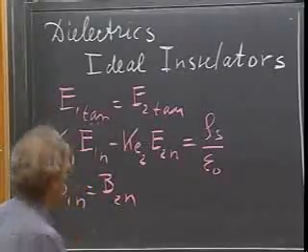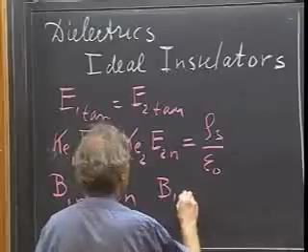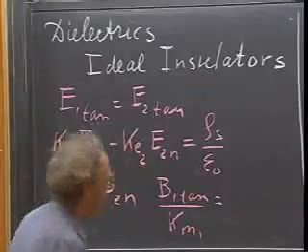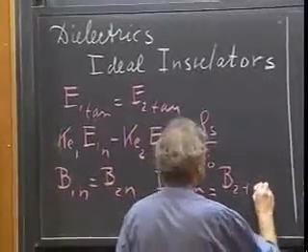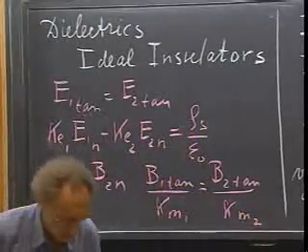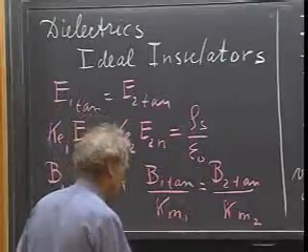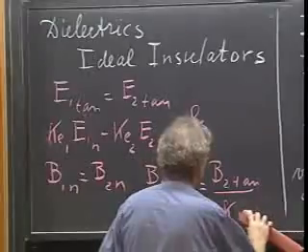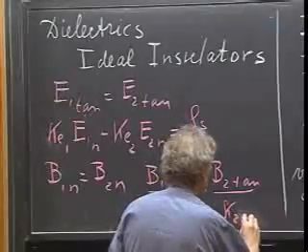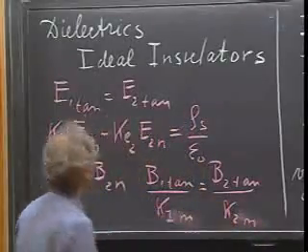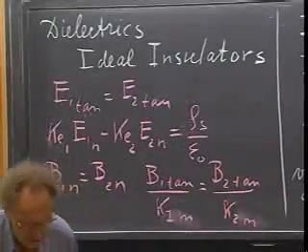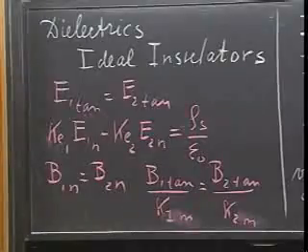And then we have the last one, and that is that B1 tangential divided by kappa m1 is the same as B2 tangential divided by kappa m2. Let me use a more consistent notation. This is the 2, and this is the m, and this is the 1, and this is the n. That's the notation I have there too. So now you have the complete set of boundary conditions, and I have only done 1 out of 3.